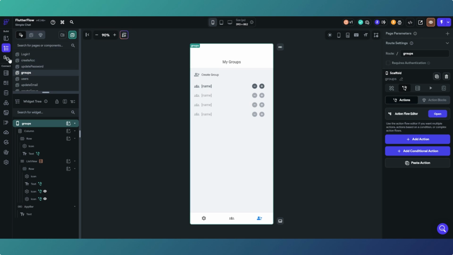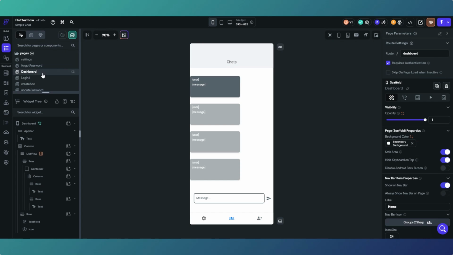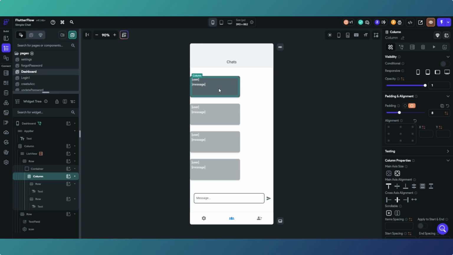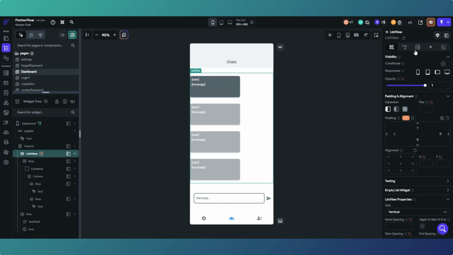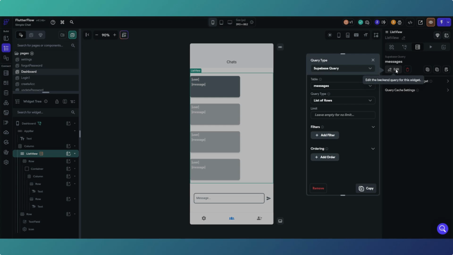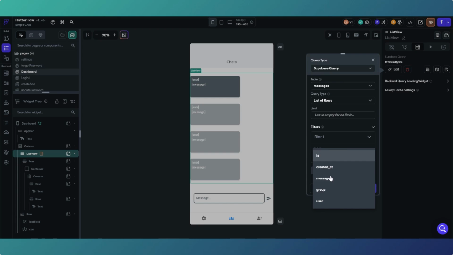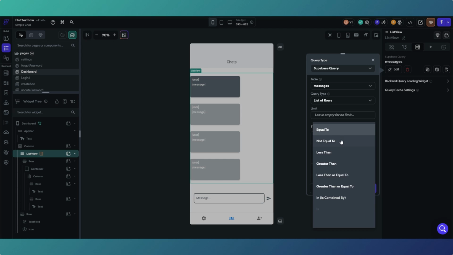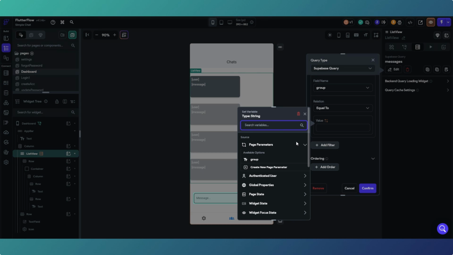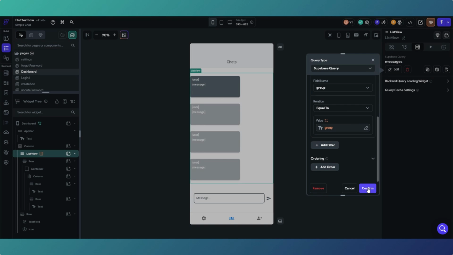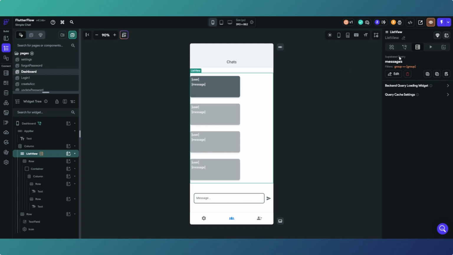And I think, so back to dashboard, did we set up the, what do we set up there? Yes, we did. So the list view, the backend query, we need to edit the messages, and our filter then is our group needs to equal our parameter. So we're pulling the message from the database, pulling the groups, and we're only pulling the ones for the group that we're